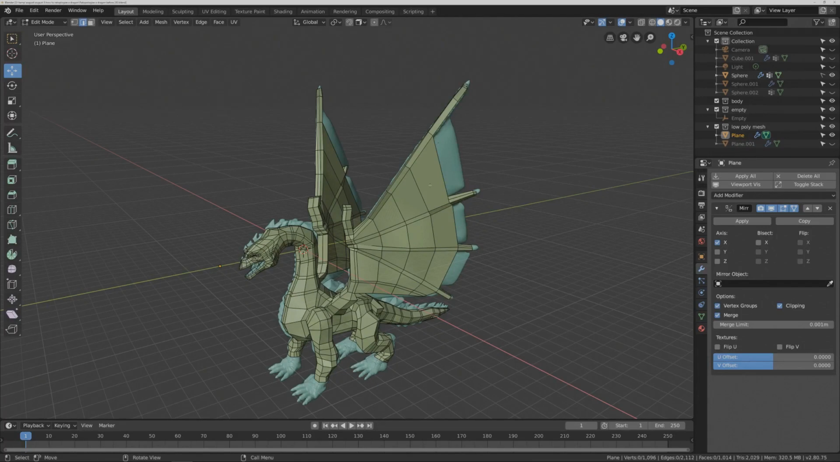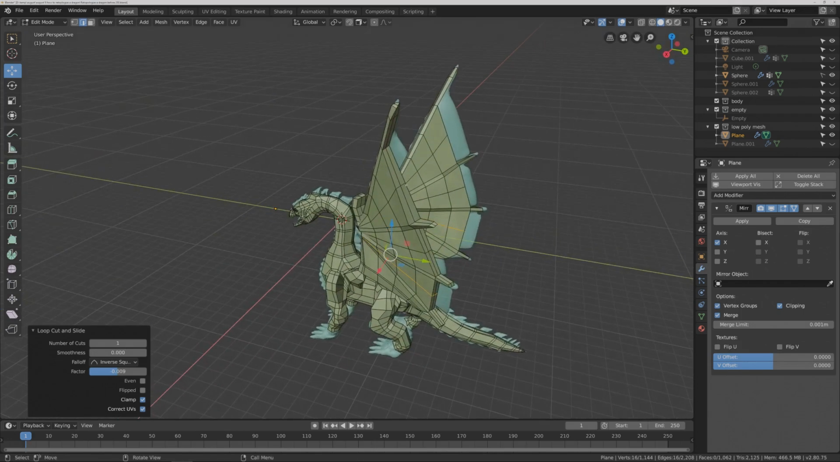Okay, what we're going to do now is hold Control, press R, put a loop cut there. We'll hold Control, press R, put a loop cut here. Hold Control, press R to put a loop cut there. And we're going to